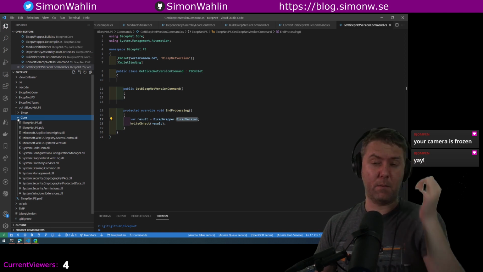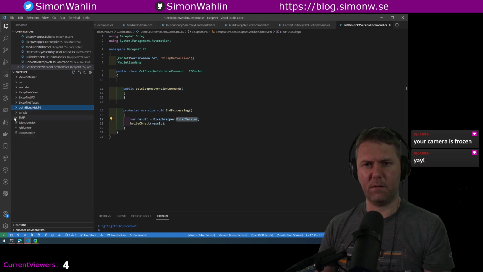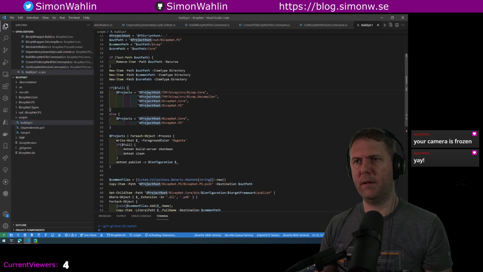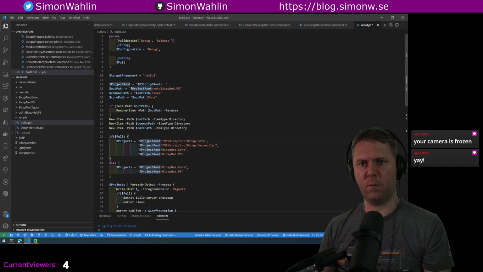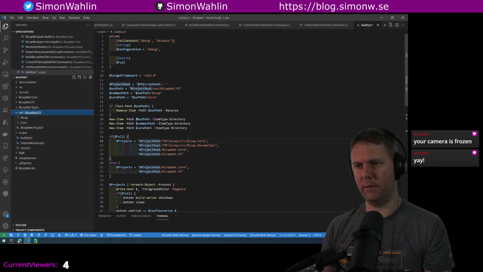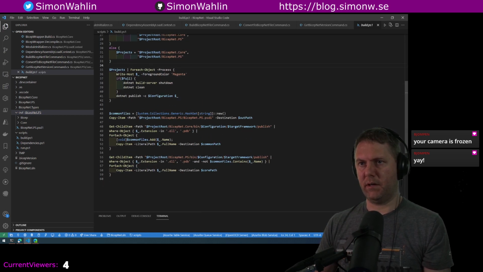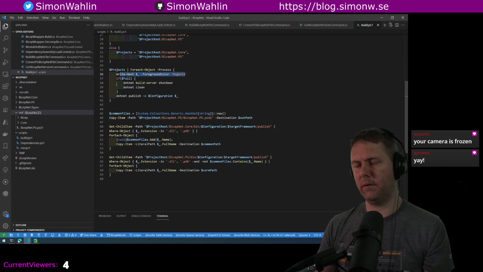So I'm probably gonna rename this stuff so it's less confusing. So here's my build script. It just creates this output folder and this folder structure, and then it builds these projects. For each project it will just write the project name out, or the path out, and then it will,